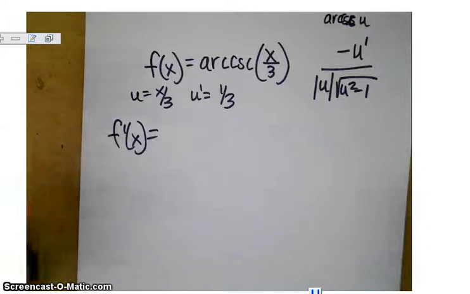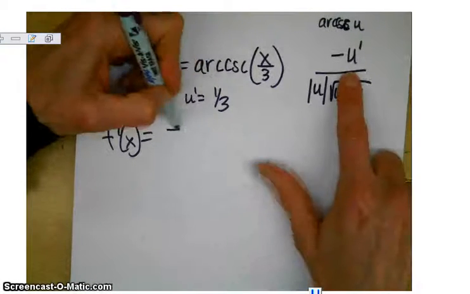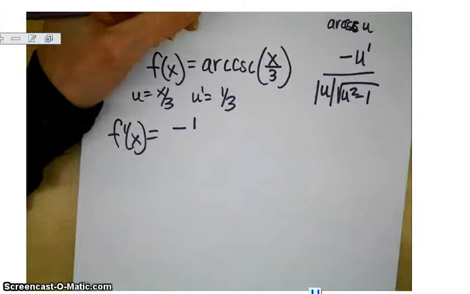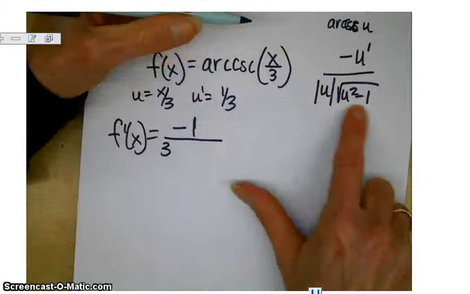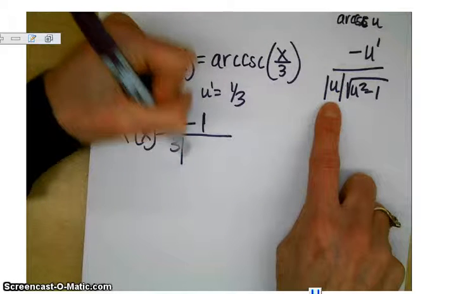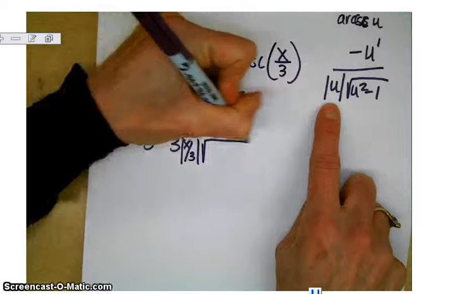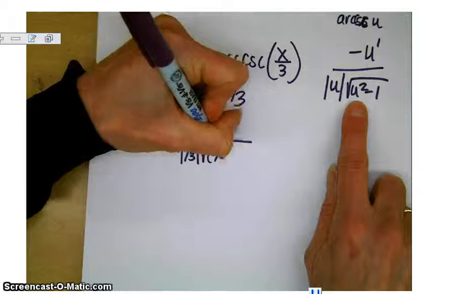Okay, so my derivative, f prime of x, please watch, the fractions will hurt you when we're simplifying afterwards. The derivative is easy. It's simplifying the fractions to get rid of the complex fractions that will make you crazy. So negative 1/3 on top. The 1 can go on top and the 3 can just go on the bottom with the rest of this. So now what's going to go in place of the absolute value? X over 3 goes inside, and then the square root of x over 3 quantity squared